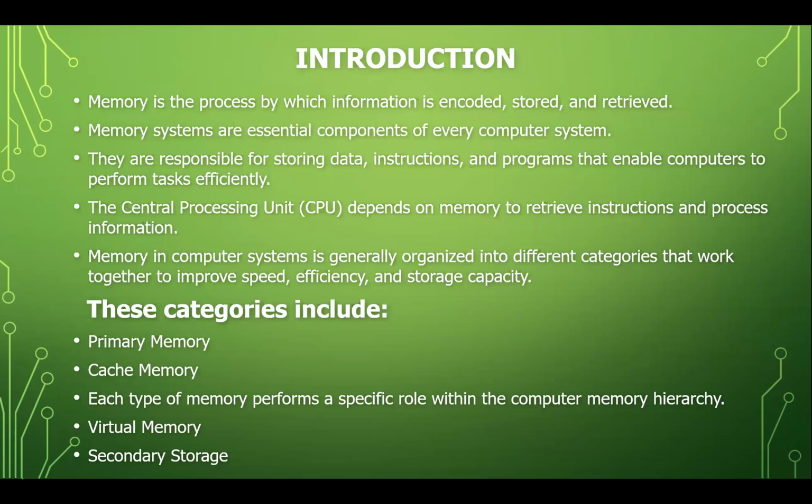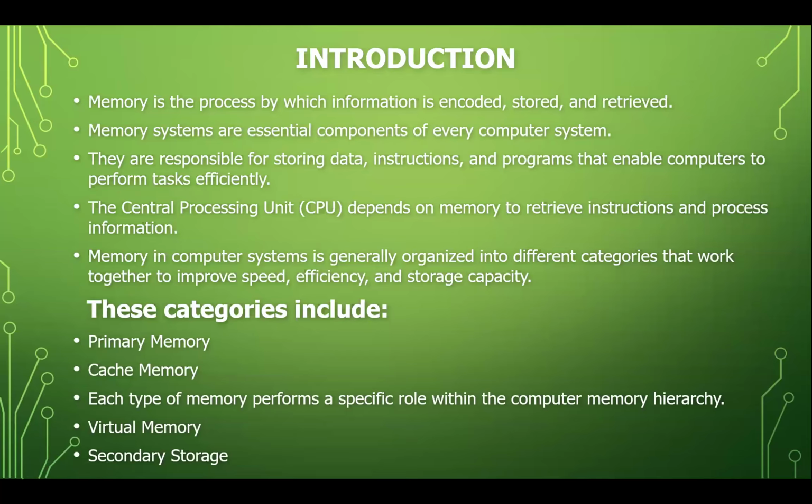So what exactly is memory in the context of computing? At its most basic level, memory is a process by which information is encoded, stored, and retrieved. Memory systems are essential components of every computer system. They are in fact the backbone that enables every operation on our computers. Every time we open an application, edit a document, or even move our mouse cursor, the memory systems are at